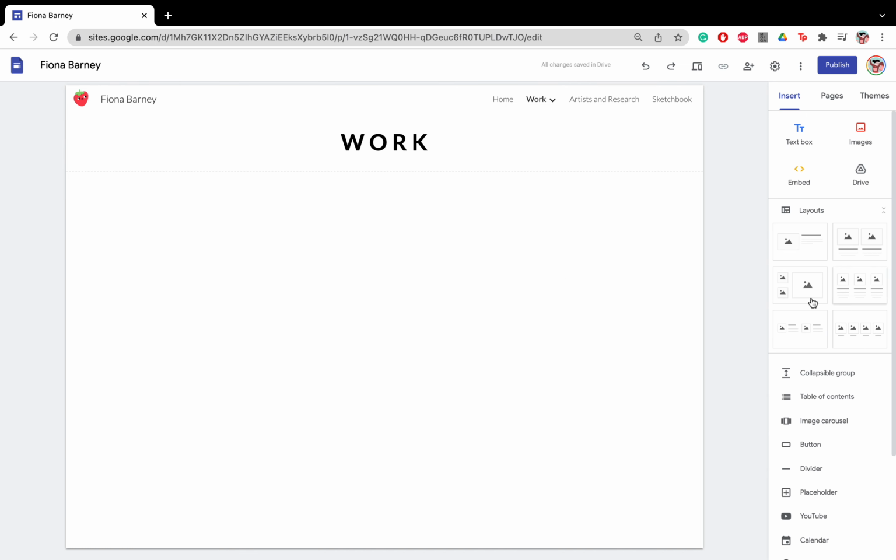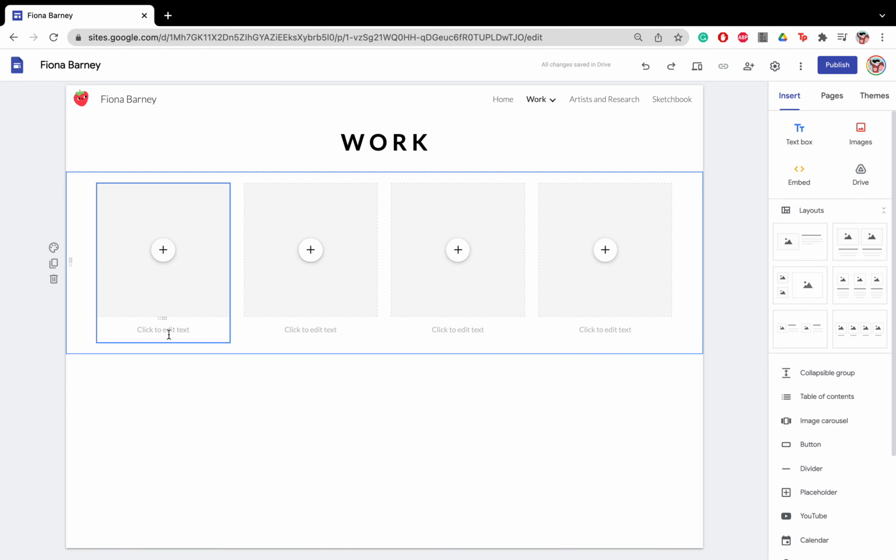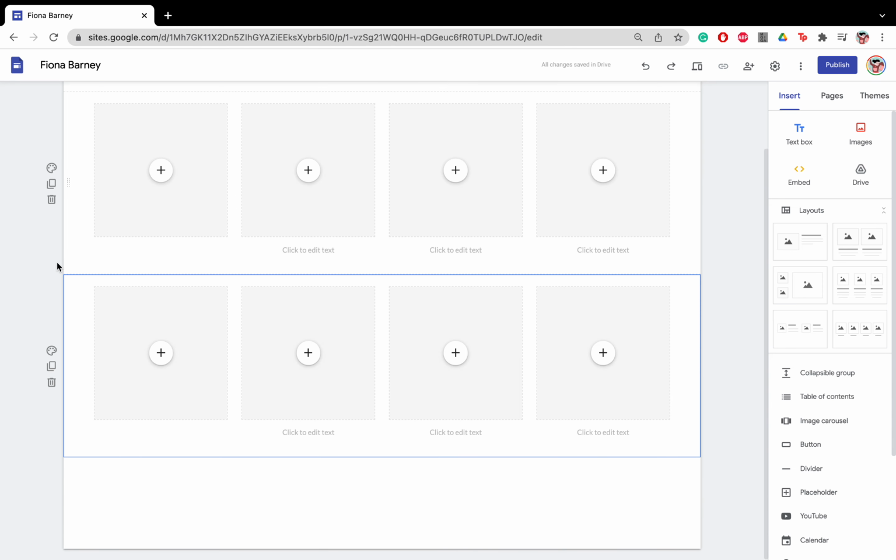So there's a few built-in layouts for your images. You can use these if you want. Sometimes I do, where it's just built-in text. If there's something you don't want in it, you can always click it and then just delete it. You can also duplicate a section. So if you're like, oh, I really like that layout,